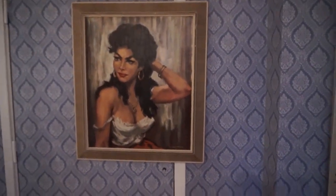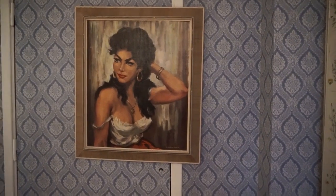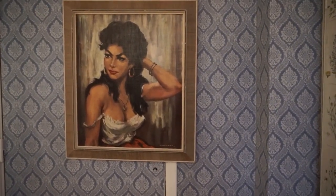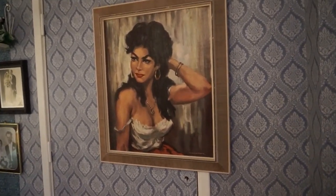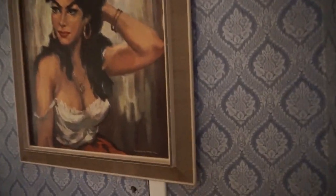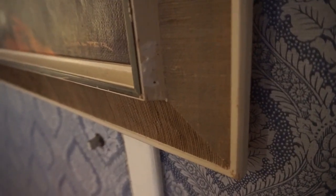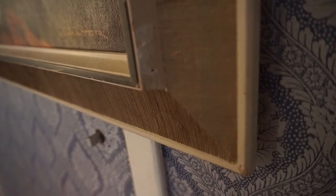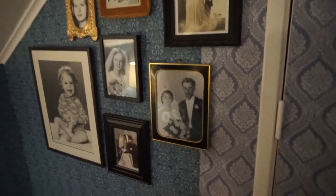And let's go over here. A big painting with a 60s gypsy woman. I really love these. I got this really cheap at a thrift store. Actually, I found out a few years later that I had forgotten to remove the price label. So yeah, and this is